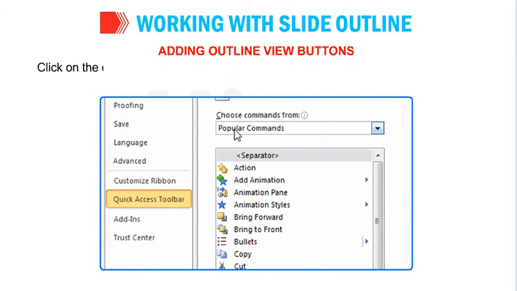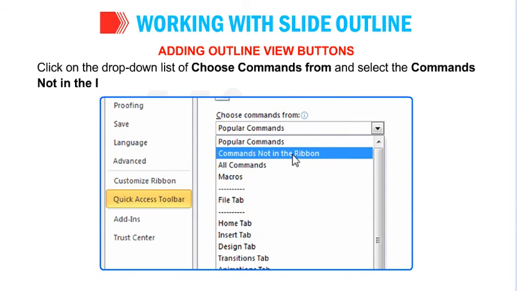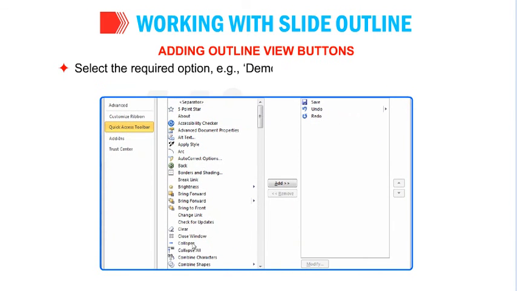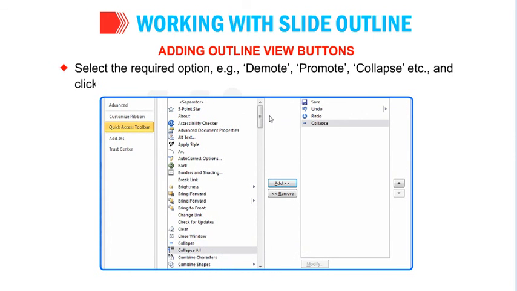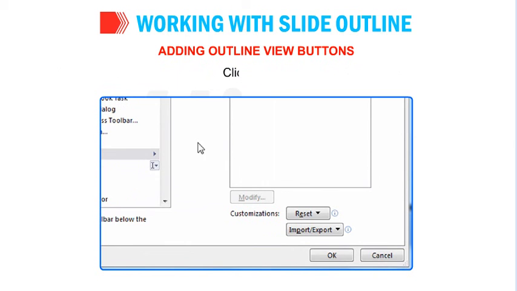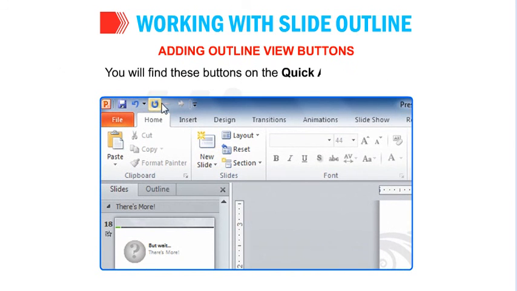Click on the drop-down list of Choose Commands from and select Commands Not in the Ribbon. Select the required option, for example Demote, Promote, Collapse, etc., and click on Add after selecting each option. Click on OK. You will find these buttons on the Quick Access toolbar.